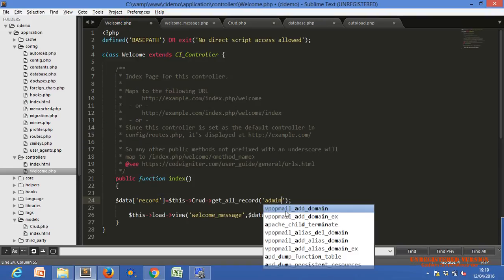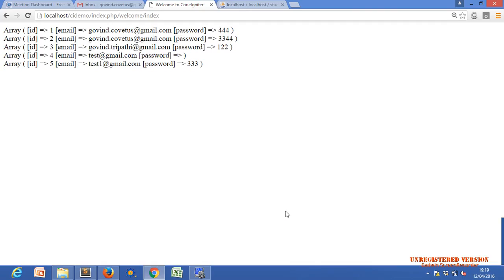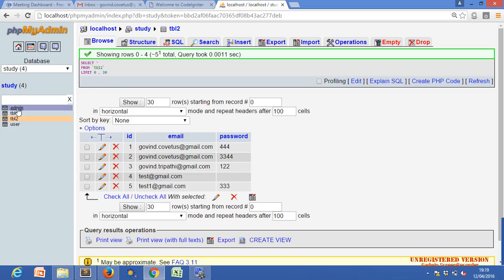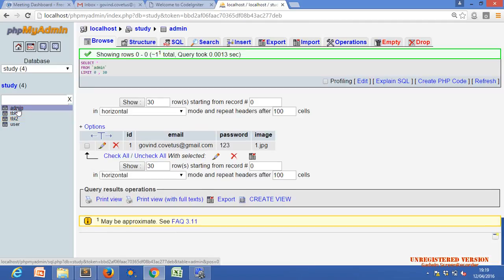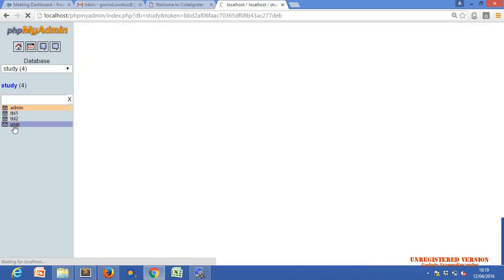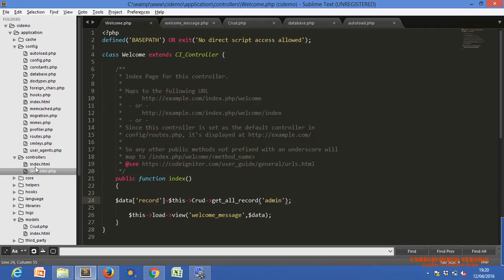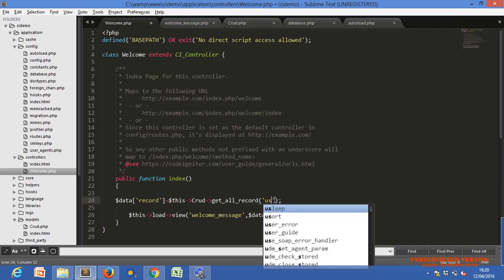If I pass admin, we have an admin table also in the database. There is one record. You can see here we have the admin table, and we have the user table also. So we just need to pass user.